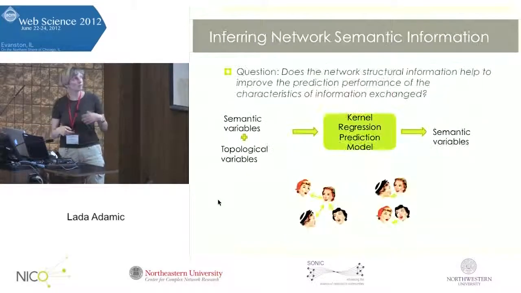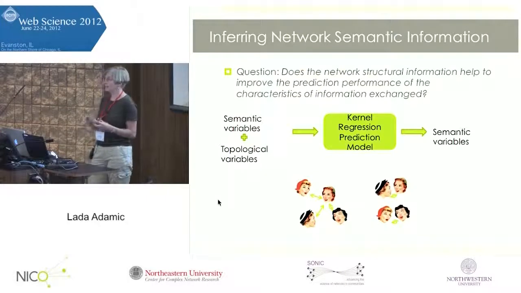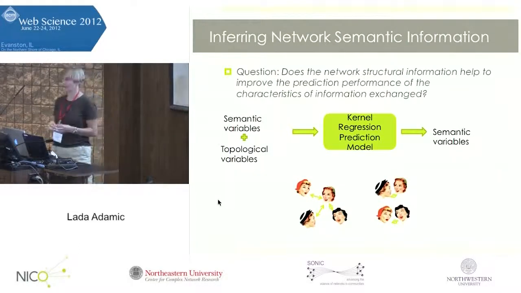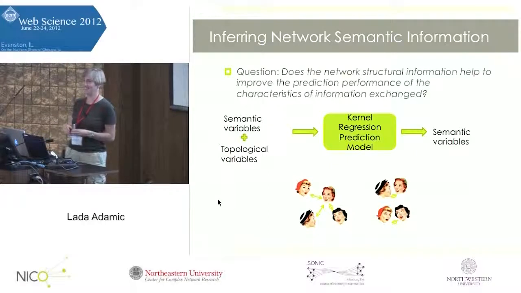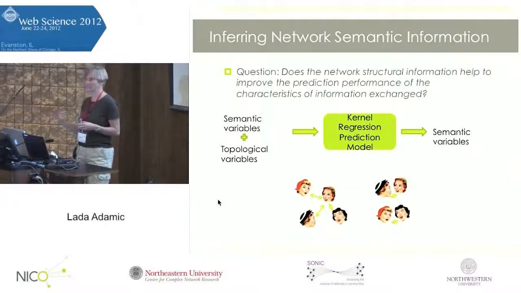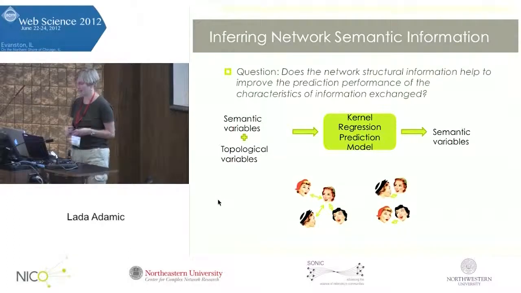Okay, so far we've shown that there is this correspondence between purely structural features of the communication network and properties of the information that's being traded. So can we actually plug this into a nice little regression and see if we can do predictions? If we can, go back to that dinner party and figure out, hey, was there something interesting I was missing out on when everyone was chatting?